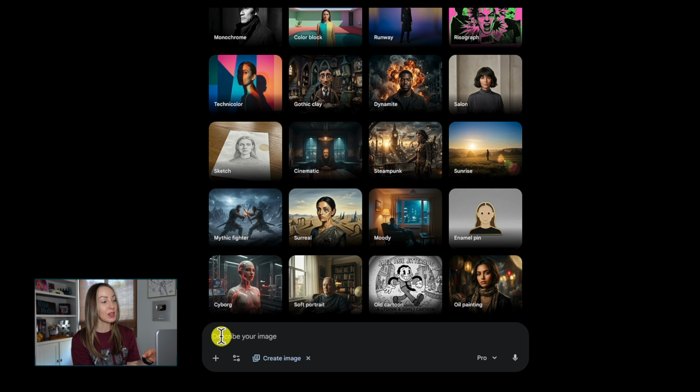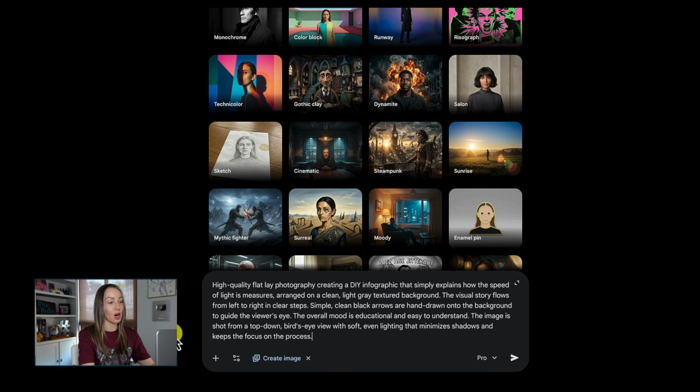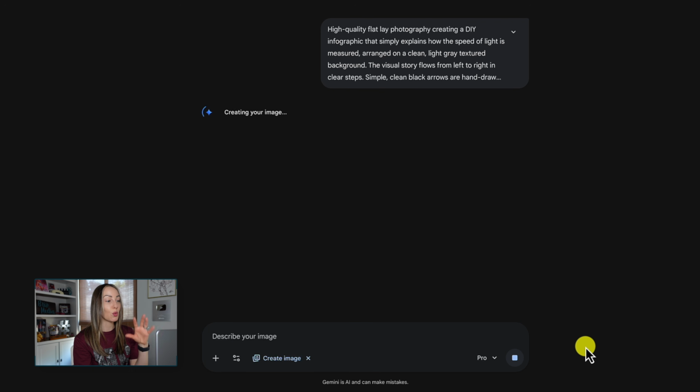So let's put that text rendering to the test, shall we? Let's ask Nano Banana 2 in Gemini for a high quality flat lay photography, creating a DIY infographic that simply explains how the speed of light is measured, arranged on a clean, light gray textured background. The visual story flows from left to right in clear steps. Simple, clean black arrows are hand drawn onto the background to guide the viewer's eye. The overall mood is educational and easy to understand. The image is shot from top down bird's eye view with soft, even lighting that minimizes shadows and keeps the